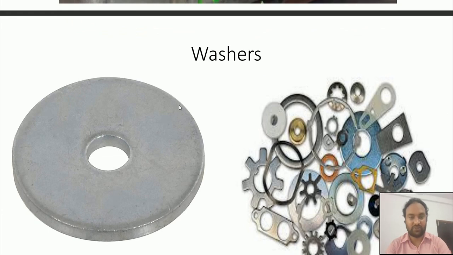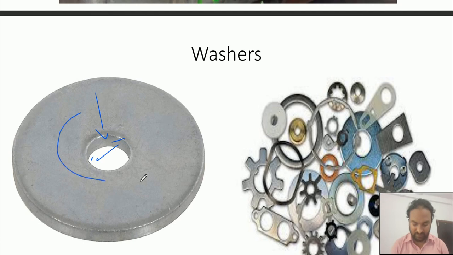Washers are used to increase the bearing surface area. So this one will fit in this hole, the bolt will fit, and with the help of the nut, or sometimes we can use it at the side of the head.